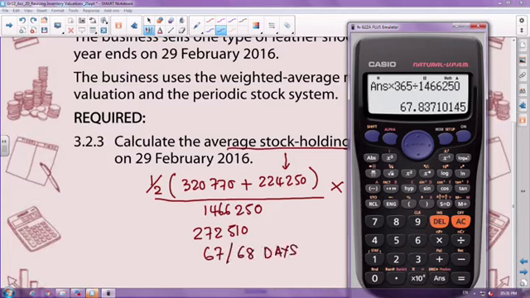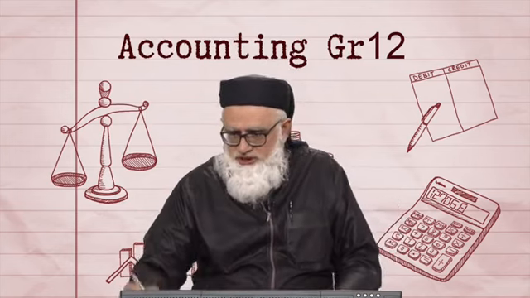That's the answer that you have in terms of your stock holding period, the average stock holding period. Okay guys, so important, you got to know your financial indicator and you got to know how to do the application and how to do the question. Okay, next question says,